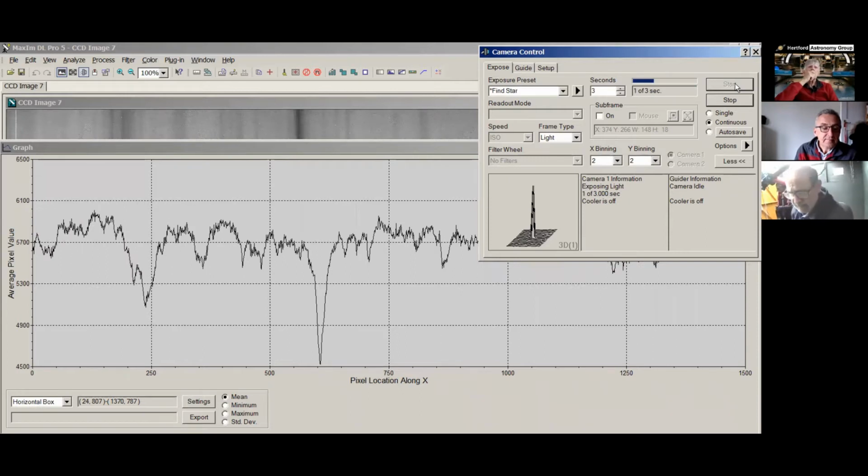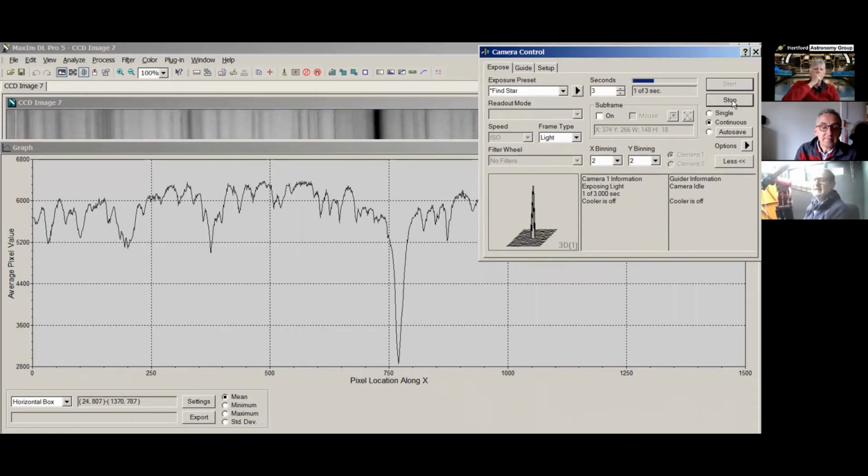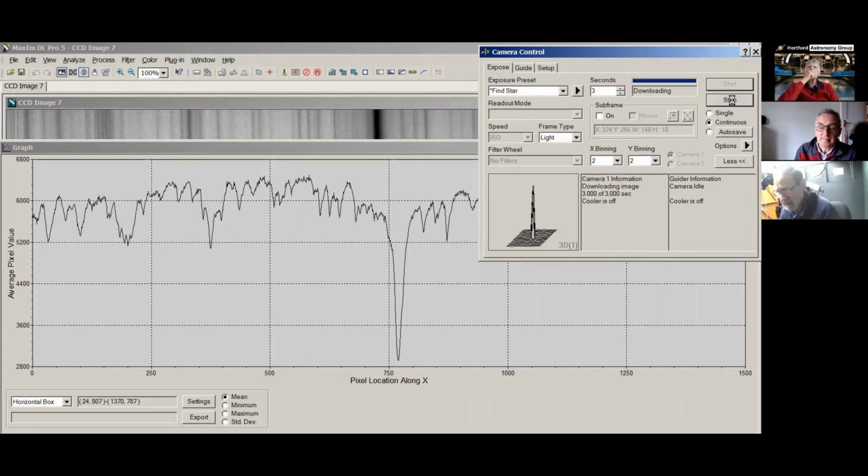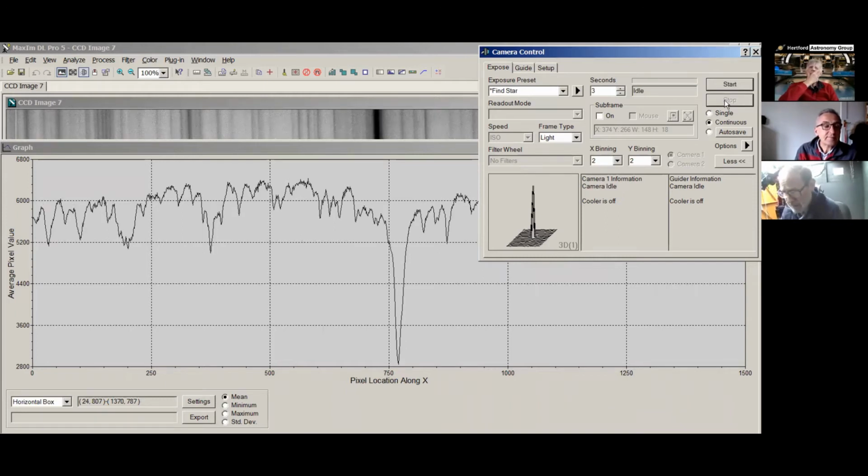Here we are. Bang on, this is the H alpha line. That's it, it's settled down now because it's totally dependent on sky conditions and turbulence and the atmospheric light. So with what we can see here, I'm just going to stop this. This is the H alpha line,